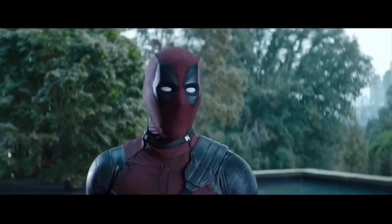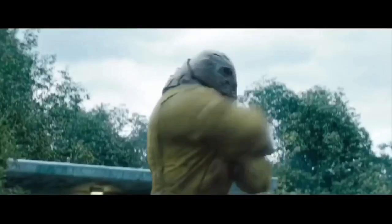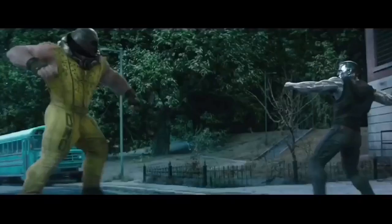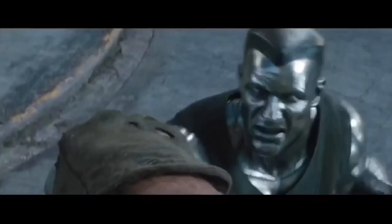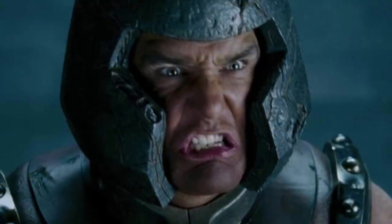Even talking about Deadpool 2, right? You see the Juggernaut in that movie, and you're like, holy shit, that's the Juggernaut. He's massive. He's huge. That's how he looks. And then you take a look at X-Men The Last Stand Juggernaut. It's just not there. It's just not there. They went for the practical effects. And I know that movie was in